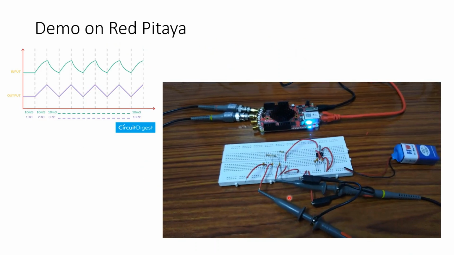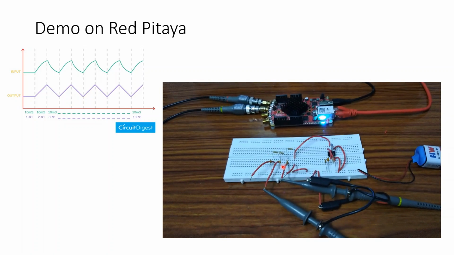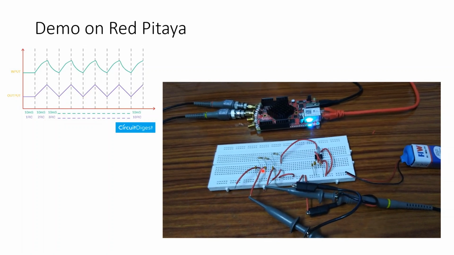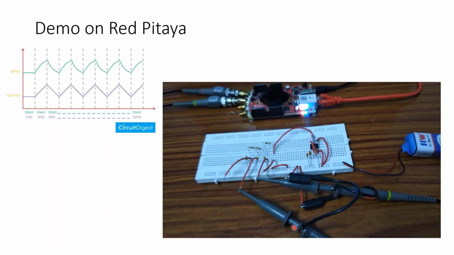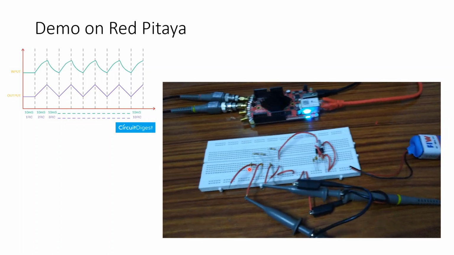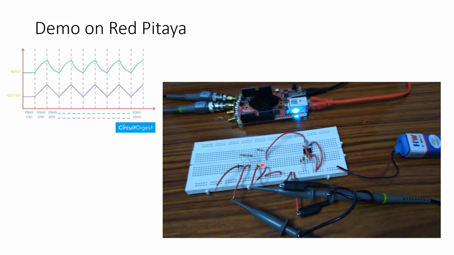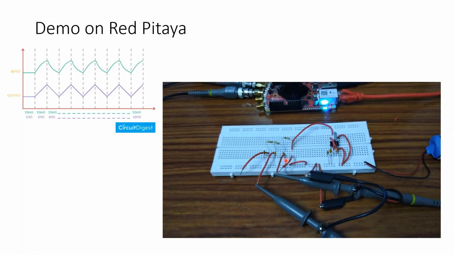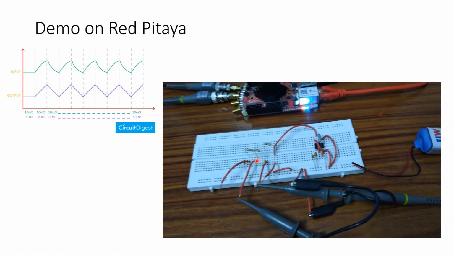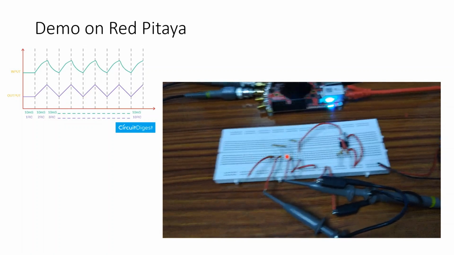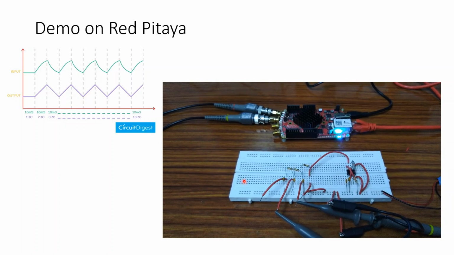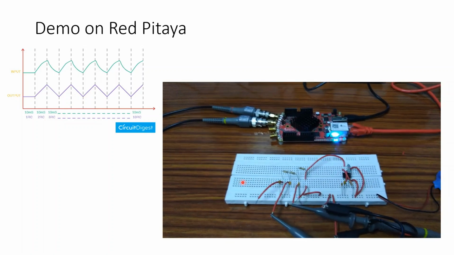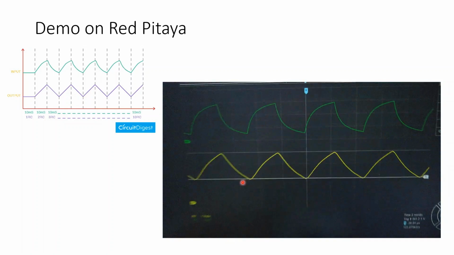Now what I have done is I have just changed the probe connections. So I have connected channel 1 to the output of the second stage, and then channel 2 to the input of the second stage. The input of the second stage is the output of the first stage low pass filter. Now let us see how the waveforms look. So the waveforms look like this.